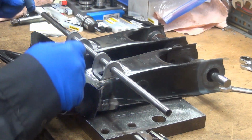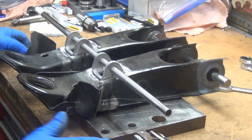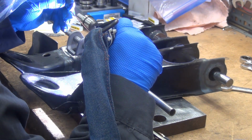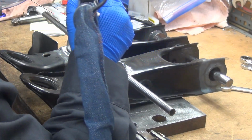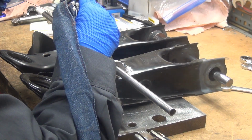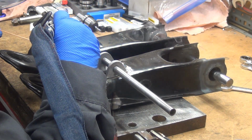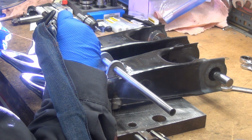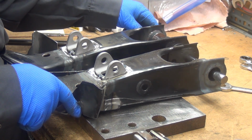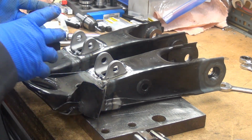I'm only doing tacks with the TIG. I'll go back and MIG weld this, but then I shut the TIG welder back off so I don't have to sit there and listen to it. And after it's been sitting for 15, 20 minutes, I always hit the pedal once to get the gas flowing back up through the umbilical. Then I'll put them aside, they'll cool down, I'll come back to them later and I'll put them in the